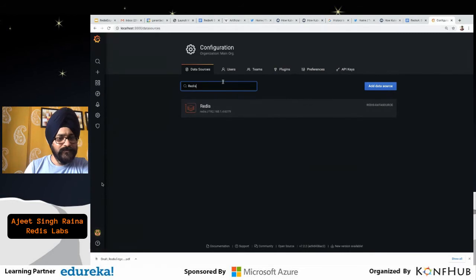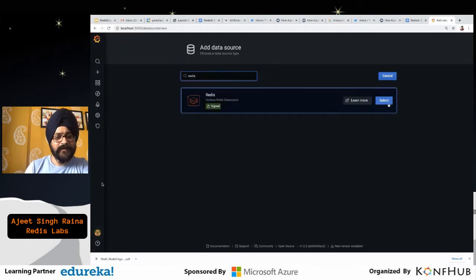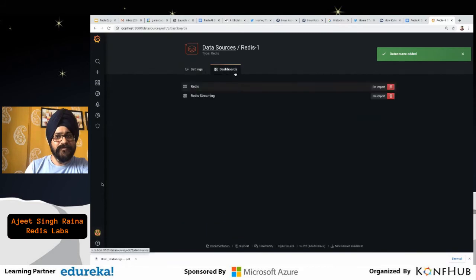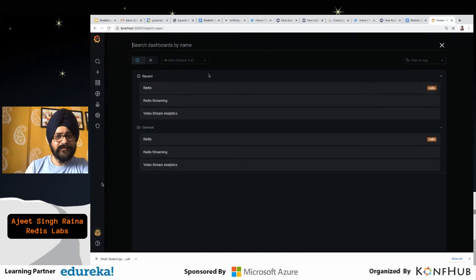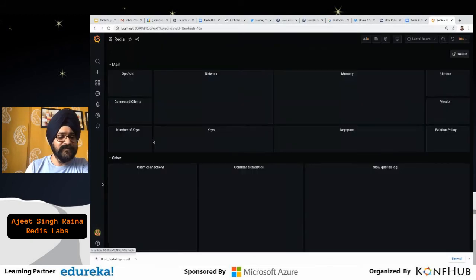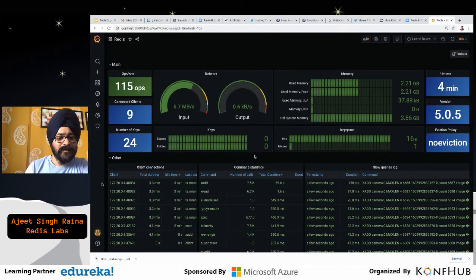So we have introduced a new data source, and this is a completely open source and free Redis app. With this, there is a new version of the Redis data source which I introduced, where we have a CLI version available. Now let me show you.